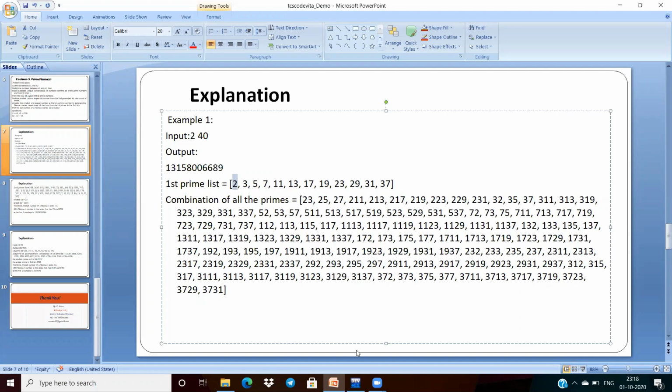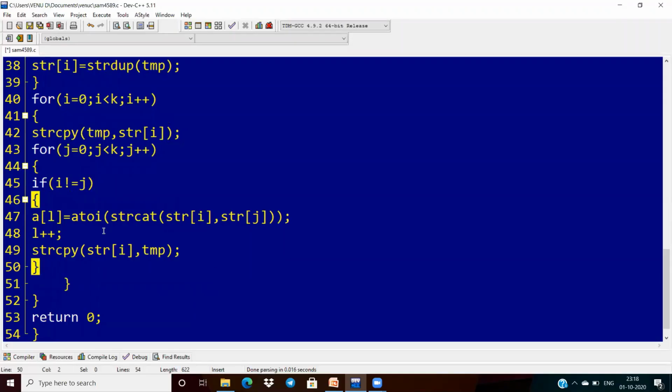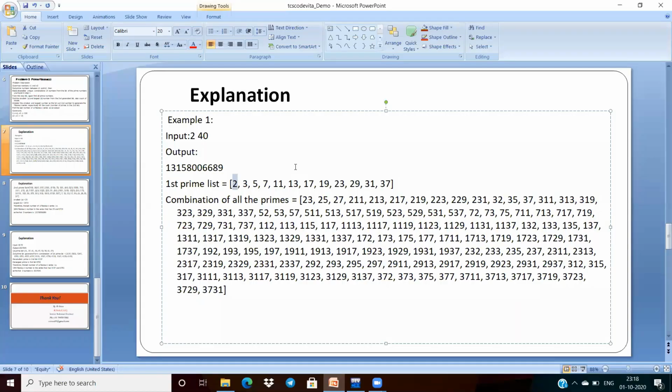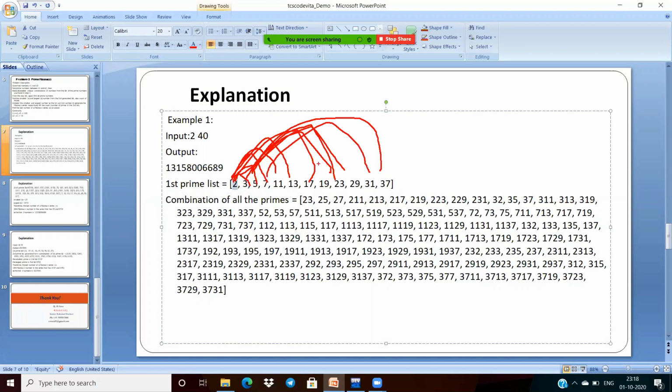The duplications will come, so I have to avoid that. So we are doing the cardinality mechanism. That means 2 is formed with 3, 2 with 5, 2 with 7, 2 11, 2 13, 2 17, 2 19, 2 23, 2 29, 2 31, 2 37, like that. Second scenario, 32, 35. I want to get the list of these.